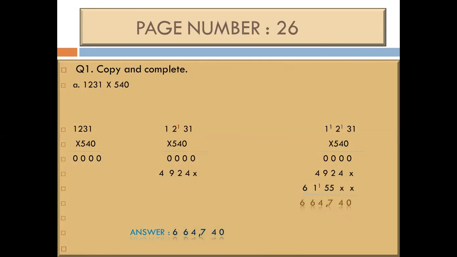And you know that we always start the multiplication with the digit on the ones place, from right to left. I convert this question into 3 steps. First I multiply it with 0, then with 4, and then at the end we multiply it with 5. 1231 multiplied with 0, and you know the multiplication of 0 with any number, the answer becomes 0. When you multiply 0 with 1, 0. 0 with 3, 0. 0 with 2, 0. 0 with 1, again 0.